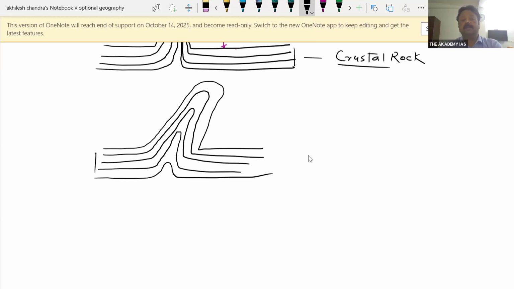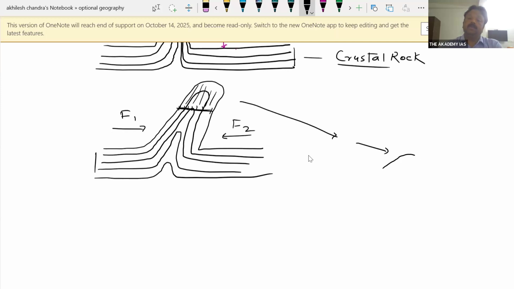So gravity will cause fault development over here, and the folding is going on, like F1 and F2 forces are there, and due to this fault, this upper part gets detached from the fold and falls away from the folded mountain range, for several kilometers, means it moves 5 to 10 kilometers away from the mountain